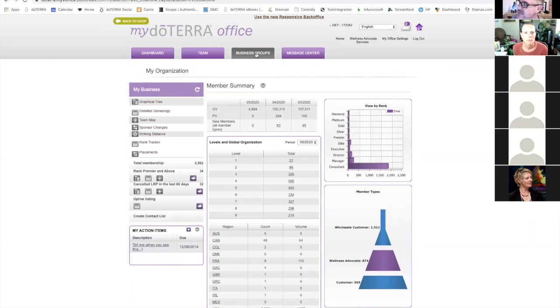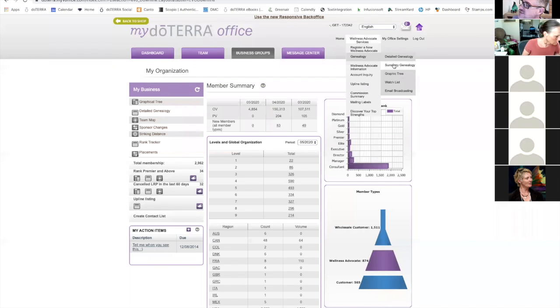Okay, now I'm going to take you to where the meat of what I use on a day-to-day basis is, and that is our Genealogy. So you can get to Genealogy in 1 of 2 places. Under Wellness Advocate Services, Genealogy, I can go to my detail, my summary, or my graphic tree, or I can click it over here. But before I get into too much, I want to take you somewhere where you can see if you go to Summary Genealogy,